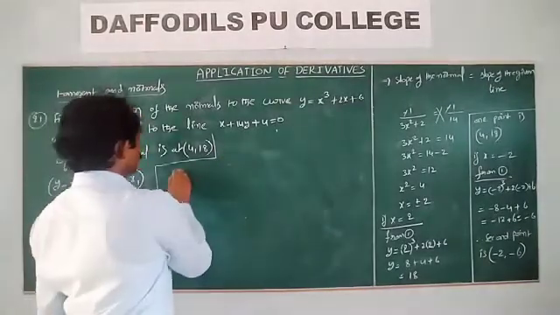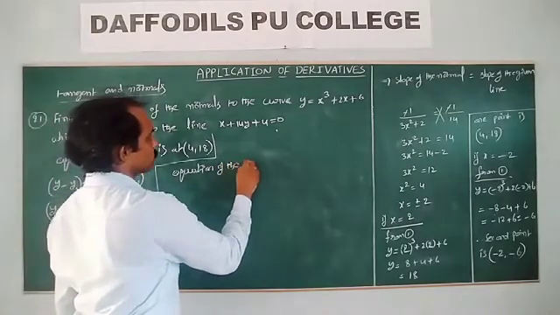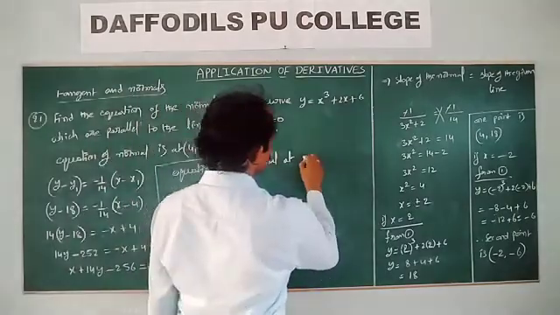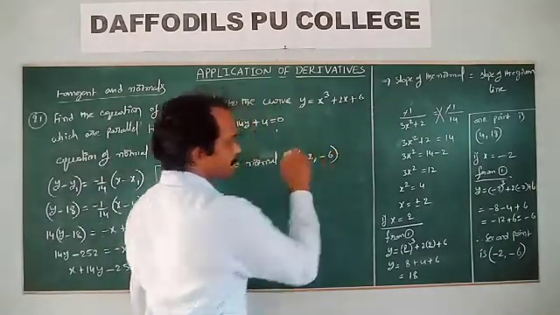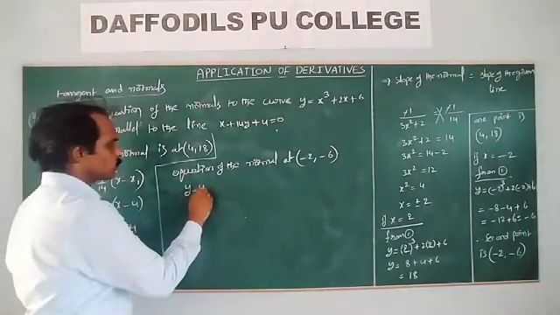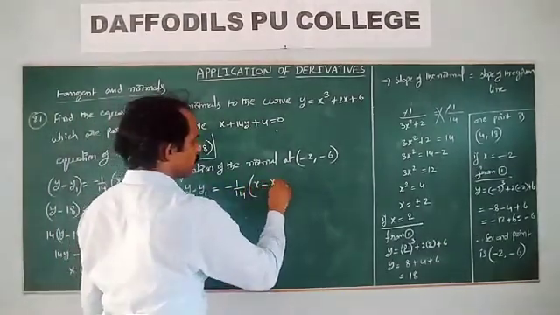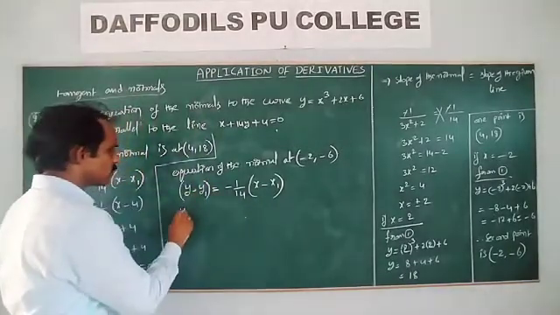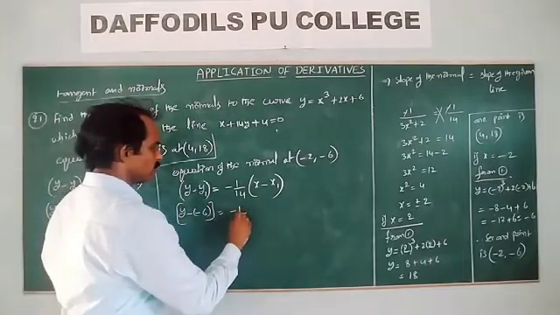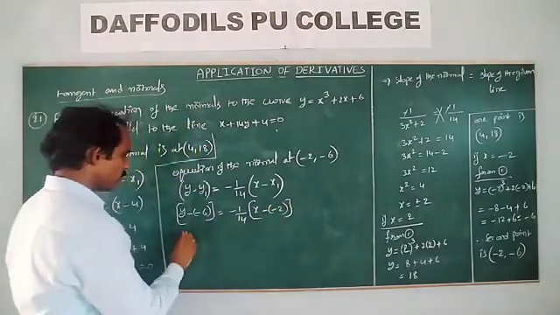Next, the equation of the normal at the second point, which is (minus 2, minus 6). Same formula: y minus y1 is equal to the slope of the normal, minus 1 by 14, times (x minus x1). So y minus (minus 6) is equal to minus 1 by 14 times (x minus (minus 2)). So y plus 6